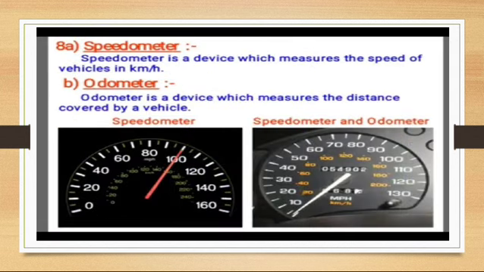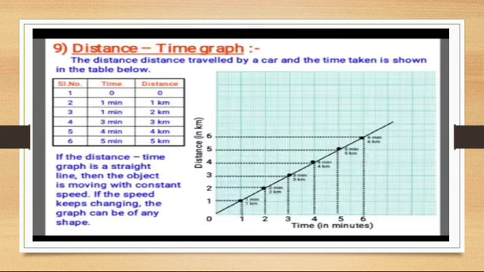Now, what is a speedometer? Speedometer is a device which measures the speed of vehicles in kilometer per hour. And odometer is a device which measures the distance covered by a vehicle. Distance time graph is